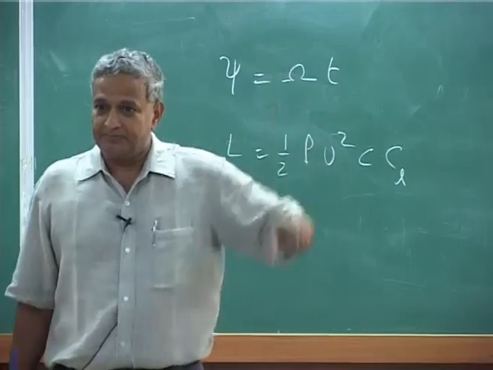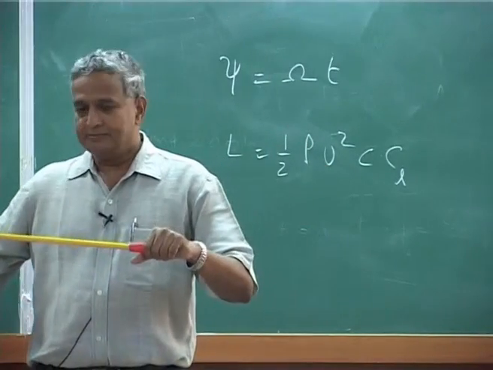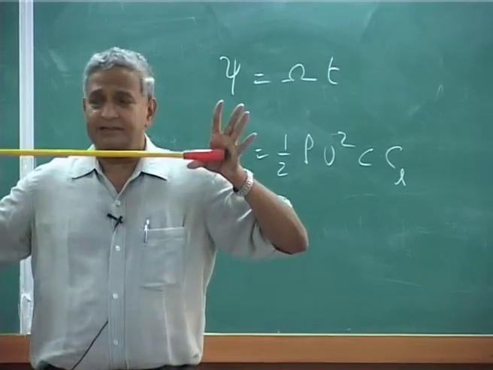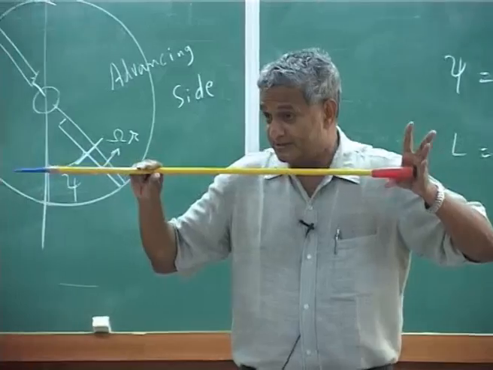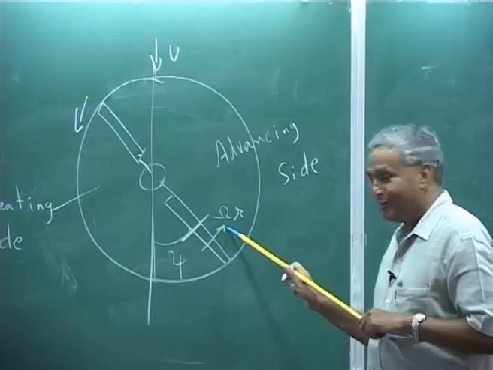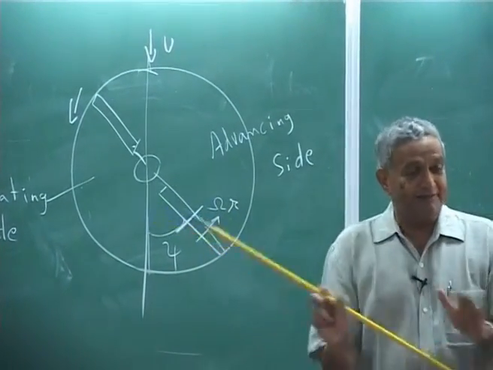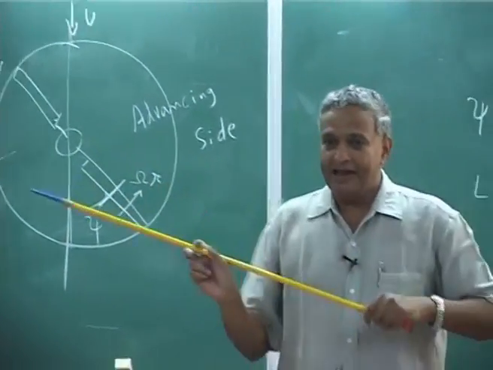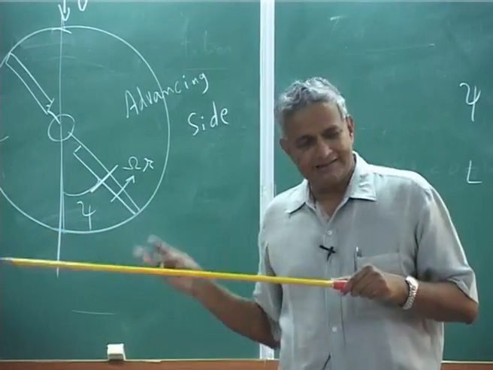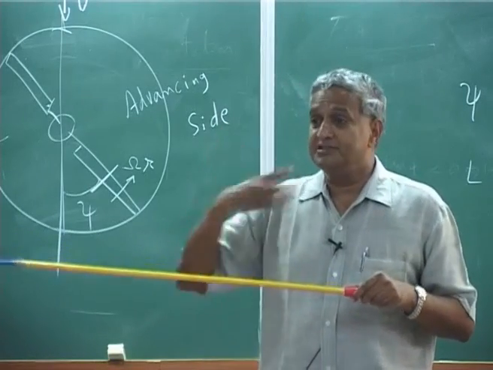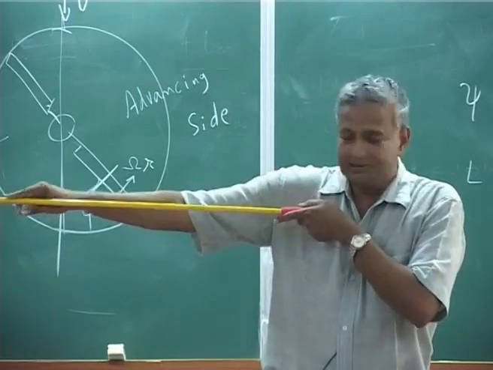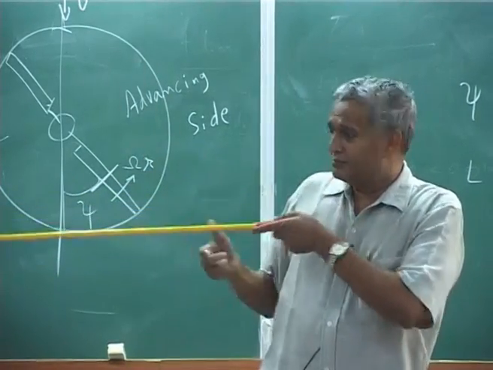The moment you have any load, lift is a force acting. If the aircraft is in steady flight, please understand this is a steady velocity, V is steady, omega is steady. Even if both of them are steady, I am having my lift force, as a result all the aerodynamic forces changing with time. When they change with time, because this is like a beam, I am having a load which is changing, that means what, the blade is going to